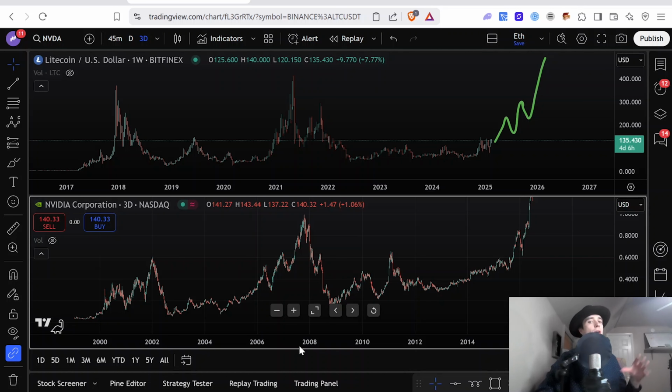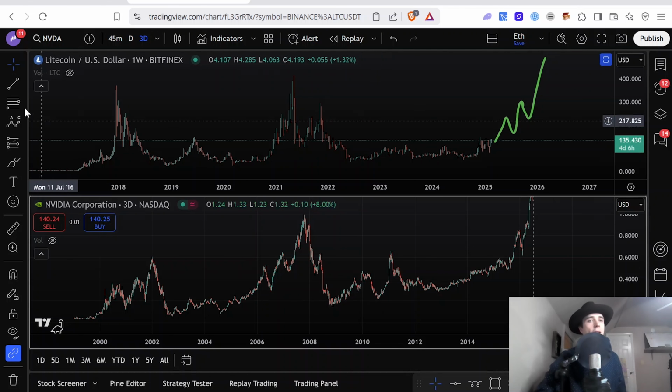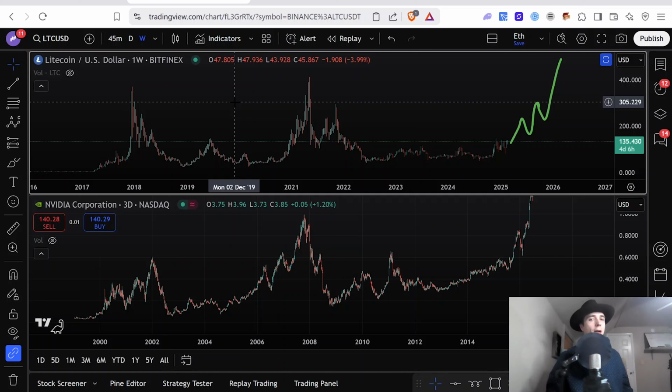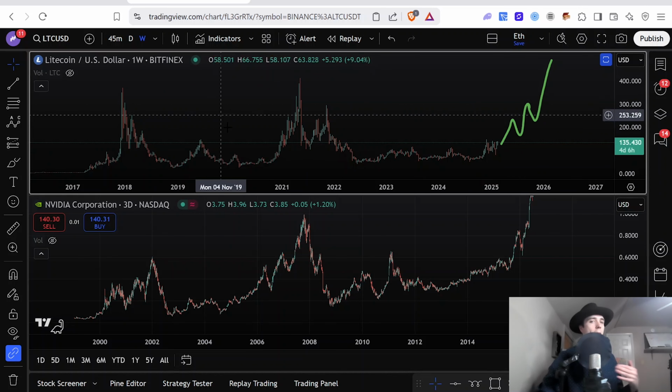So that's what happens when you head into a full-blown bull market. You get these big vertical breakouts, and price just keeps going up because there's no ceiling. You're in price discovery. People are getting excited. There's hype. The demand continually increases, and you just can't stop it. It just goes higher and higher and higher. So that's what I honestly believe is coming here for Litecoin in the big picture, is that vertical breakout, a break above the old all-time high, and just a continuation of its uptrend in the big picture,